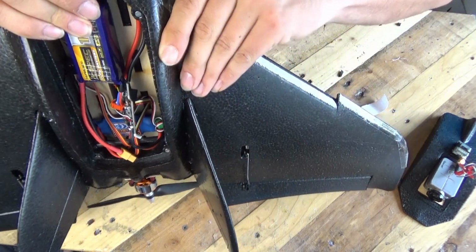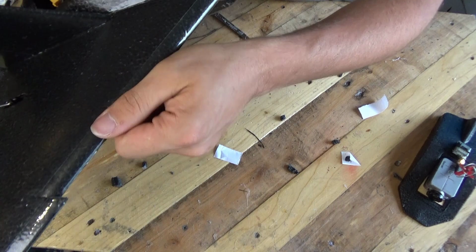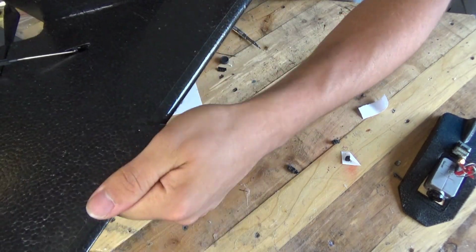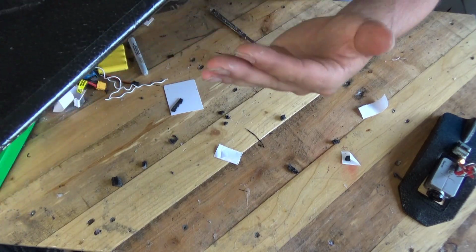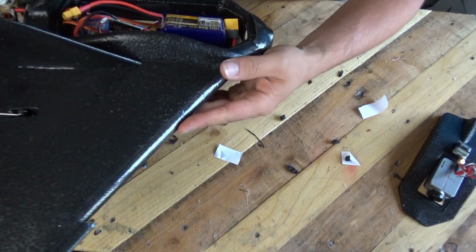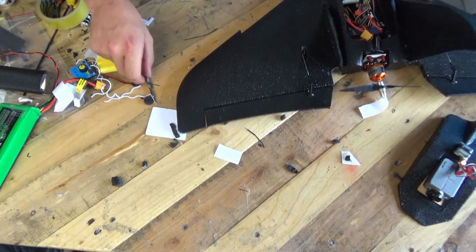Brilliant. Happy days. And that just means that when we land, or when you or I land on grass, this front leading edge is going to be infinitely tougher. So if you clip a tree or a branch or something like that, or you're landing in grass, it's not going to rip chunks out of the leading edge of your wing, and you would be surprised how well that works. I'll tell you what, while I'm doing the other side, I'll talk you through what happened with